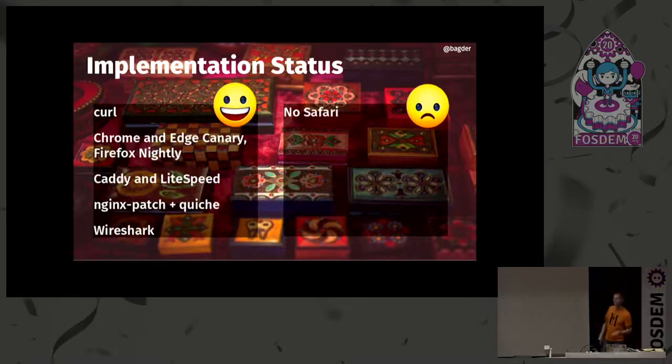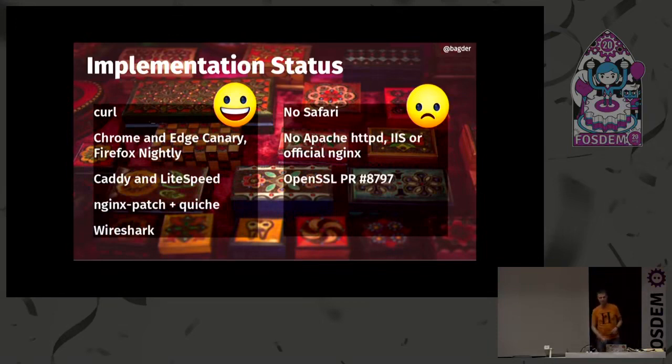But not everyone is on track yet. There's no Safari version, and there's no word from the big standard open source servers. I don't know when they're going to do it. I don't think there are any official news from any of them. And then there's this fun thing. I'm back again to the TLS situation. We only have to change all the TLS libraries.